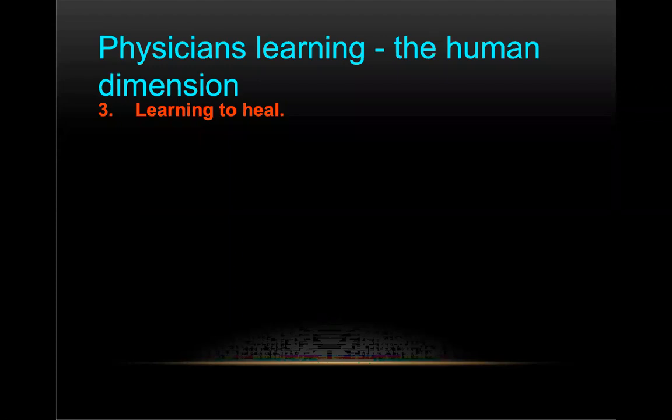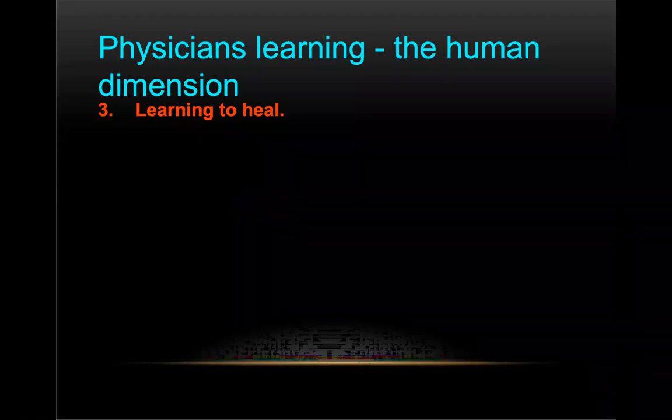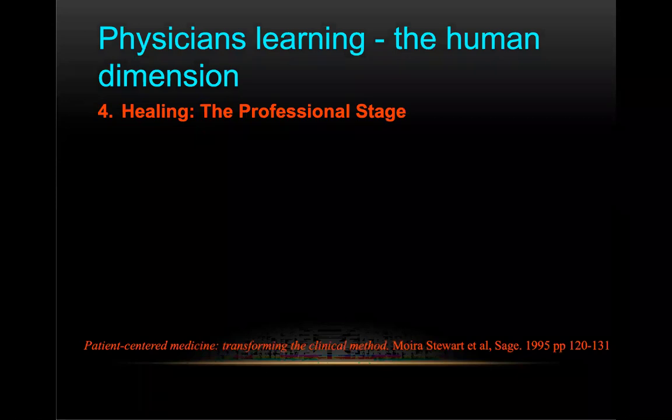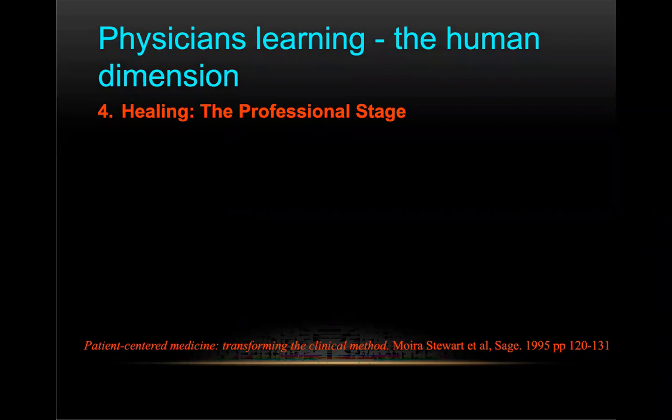The next thing which the medical students must learn is about the professional stage. One of the most basic errors in the modern era of medicine has been to believe that patients are cured of their diseases. For example, the cancer is removed, the coronary artery is opened, the infection is resolved, they are walking again, talking again, and back home again. They are also healed, or are whole again. So what happens is that through the relationship, it is possible, given the awareness of necessity, the acceptance of the moral responsibility, the understanding of the problem, and the mastery of skills